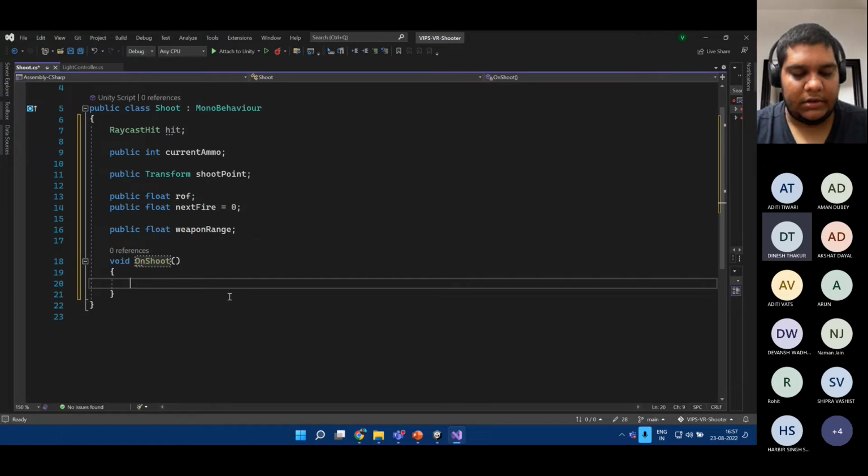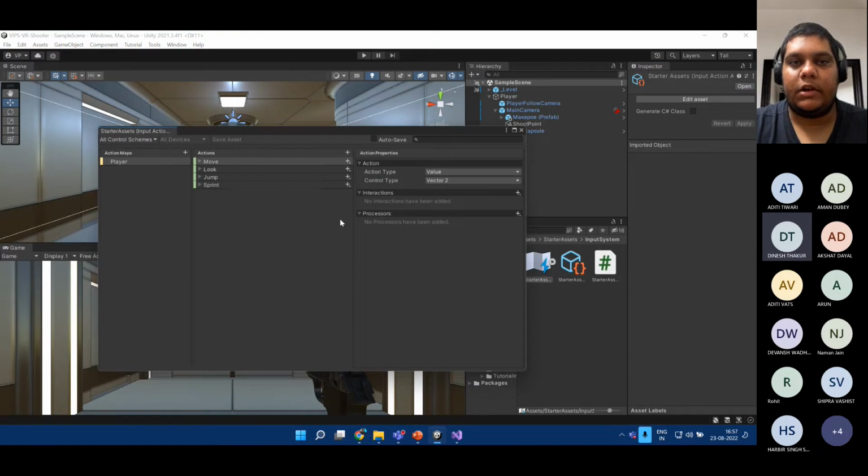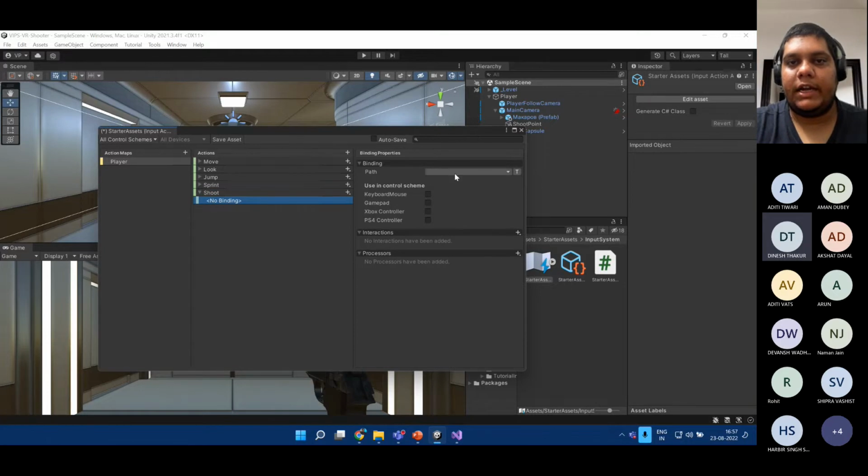But before that, let's complete this function, or we are pressed on time. So for now, we create that, and next session we'll write the function here. So let's see how to do that. If you remember this, we have already seen all this. So what we'll do is we'll create a new action. We'll name it shoot. And this is going to be a button type because it's just a button press. And then we need to create a binding for it, which is just going to be